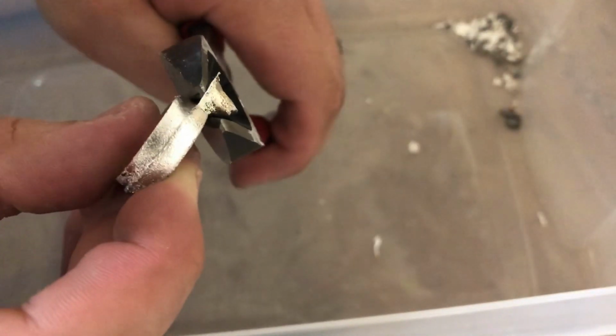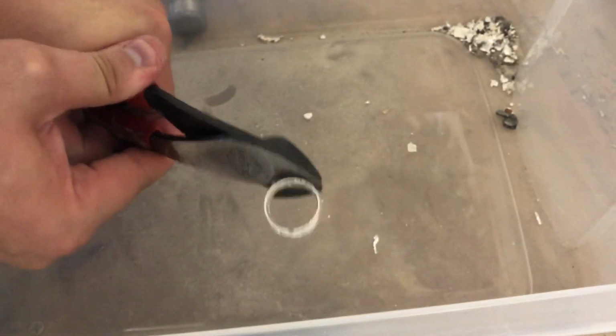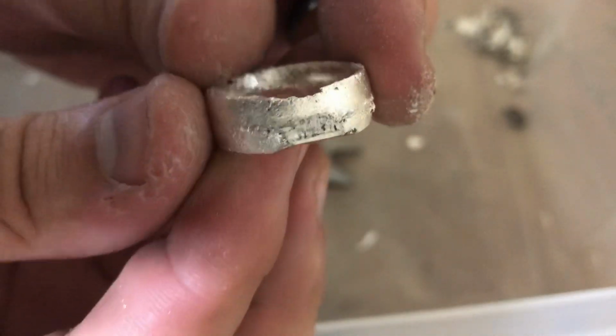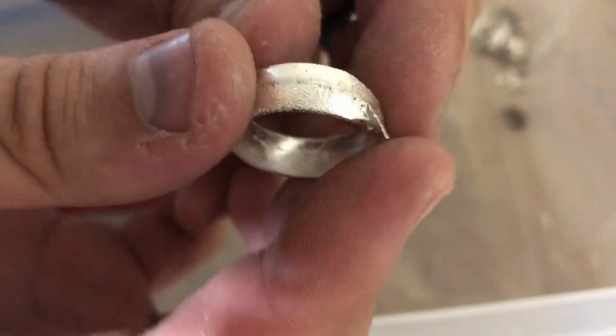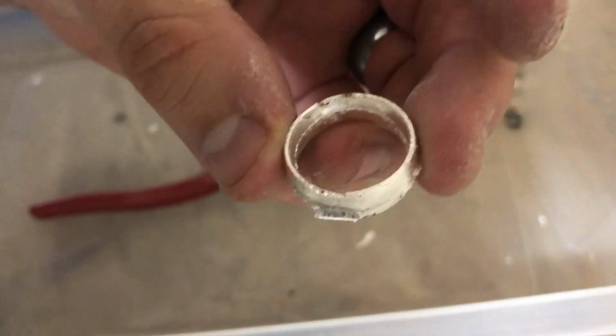So we'll just get it set up here. See, I'm gonna try and clip it at an angle so I don't damage any of the ring. We'll see how this goes. I think it'll be okay if I clip it just like that. So let's give it a shot. There we go. Let's see. Okay, yeah, it actually ended up being all right. So now we have the ring totally separated from the sprue,